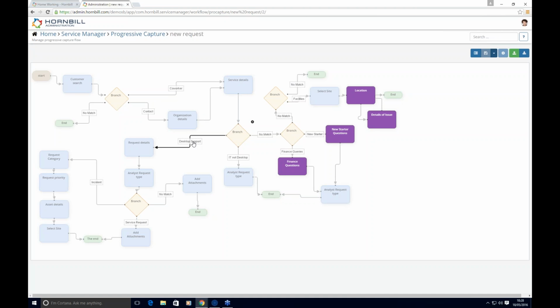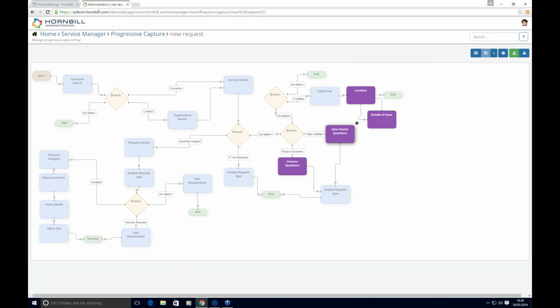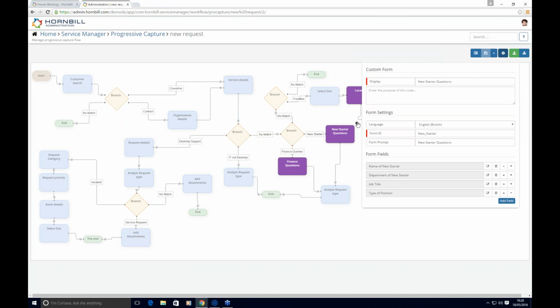So on here, if we're going to raise a desktop support issue and it's going to be an incident, maybe I want to ask for the category, the priority, maybe the asset and which site they're at. However, if they were wanting to report a finance issue, maybe we've created our own custom questions, and the same could be true, for argument's sake, if they were raising a new starter request, and we can define our own